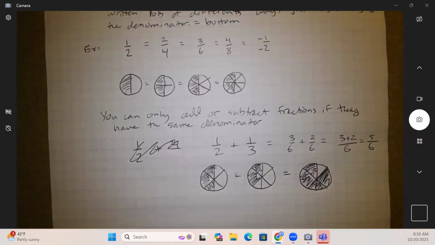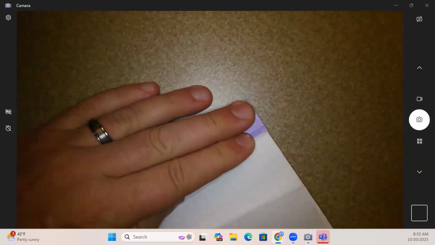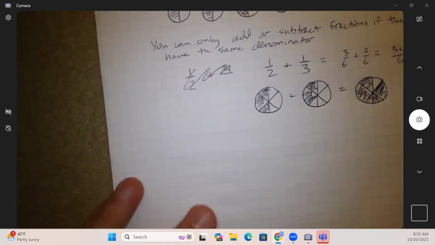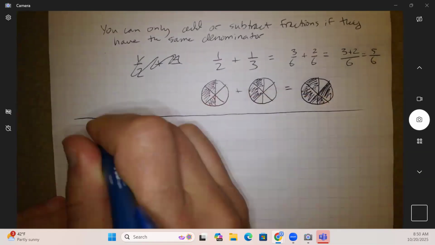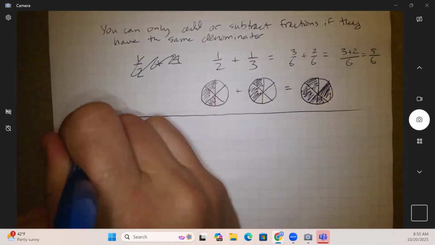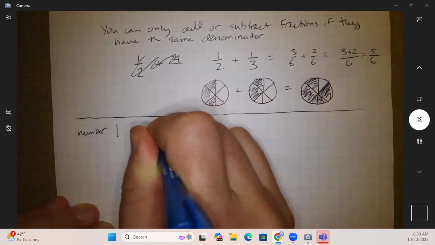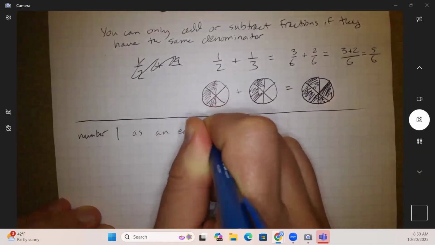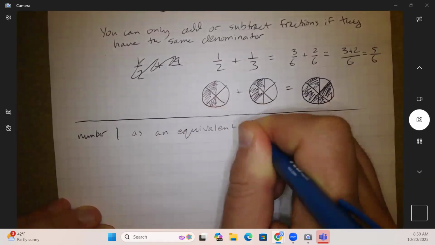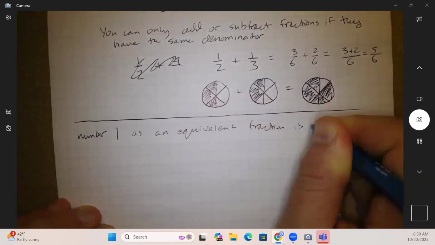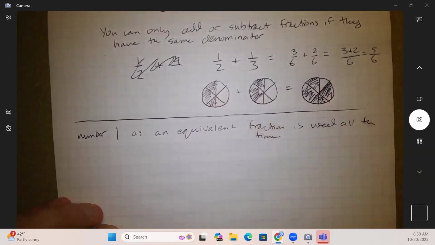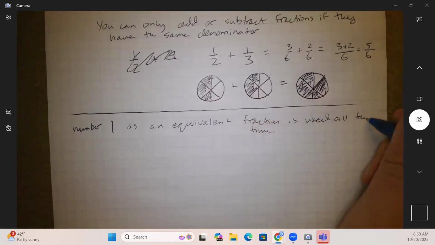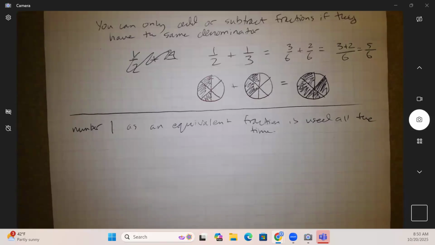There's, well, I'm not quite there yet. So as an aside, by the way, the number 1 as an equivalent fraction is used all the time. And you've already been using it a lot. If I have